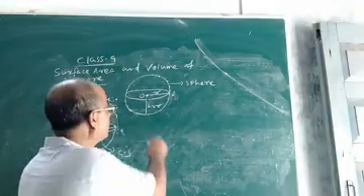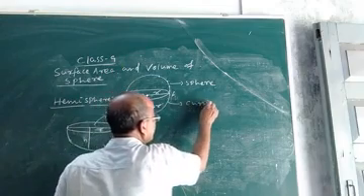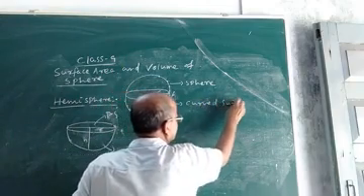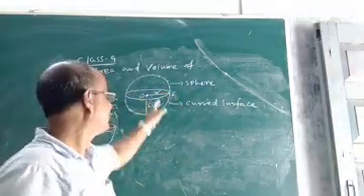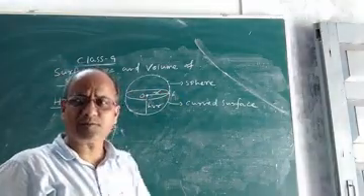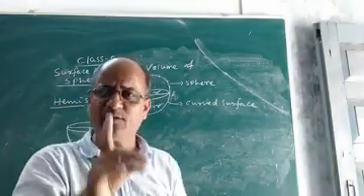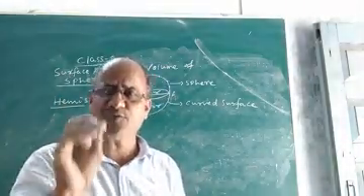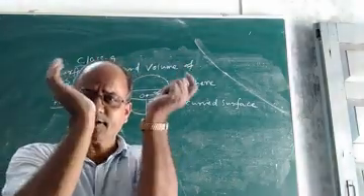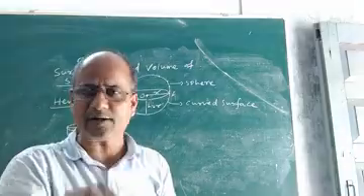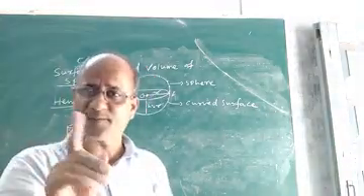If you look at this, this is the curved surface. Does it have any plane surface? If you look at a sphere, you will find only a curved surface. Football, tennis ball, etc. have only one curved surface. Will you be able to find any plane surface in a football or tennis ball? Not at all. It has only one surface and that is curved. A sphere has one face.